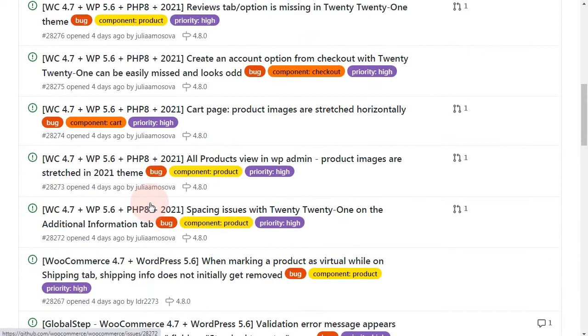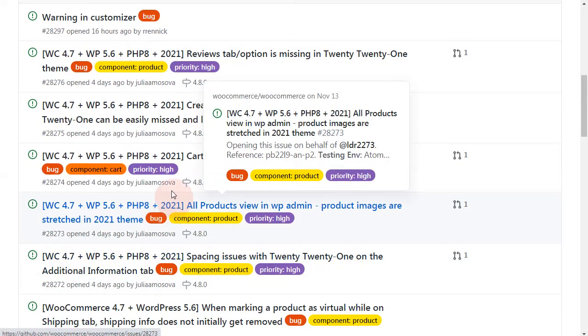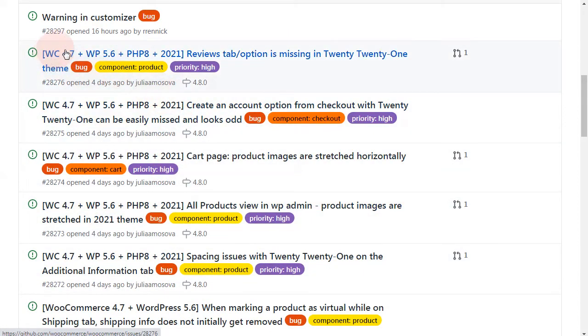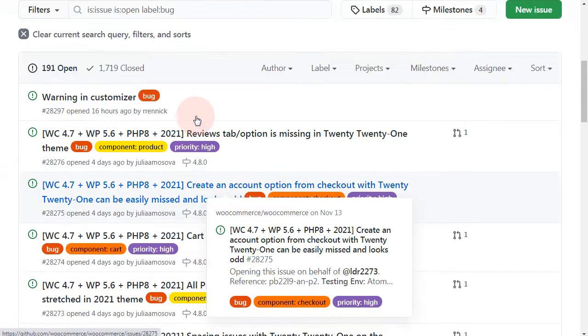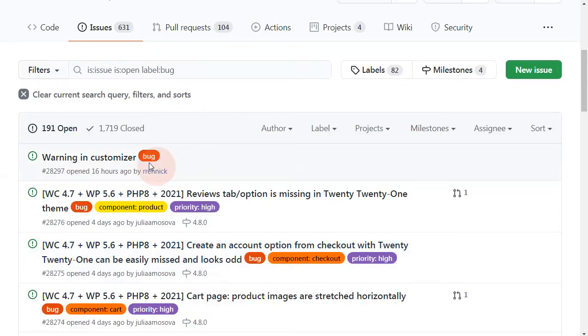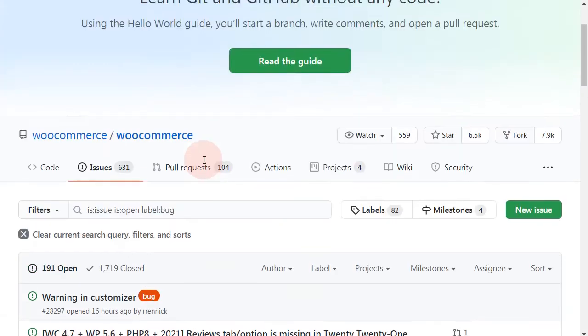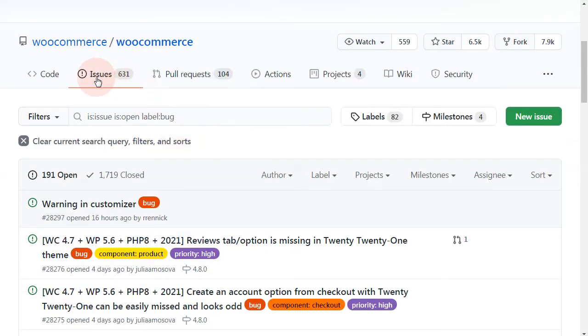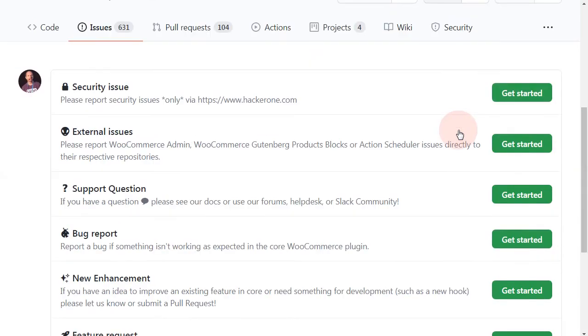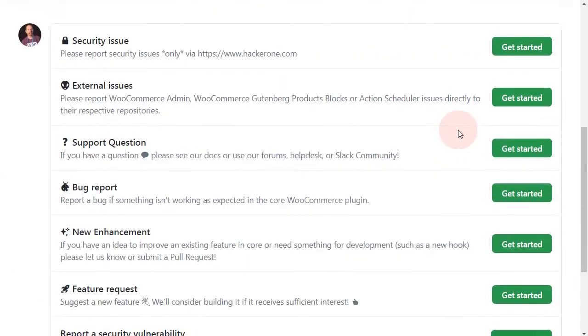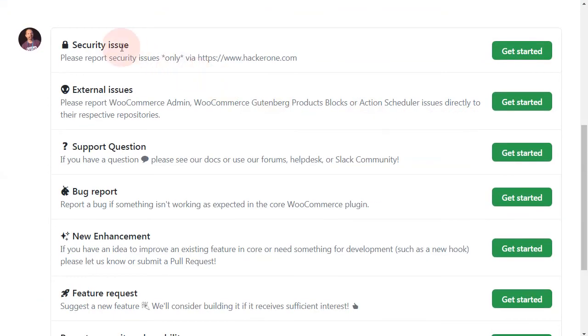For example, the 2021 theme has a lot of open bugs because it's not compatible with WooCommerce yet at the time of speaking. In case you don't see your issue, you just click on new issue, and once again in here you can even select whether it's a security issue, an external issue, a support question, a bug report.